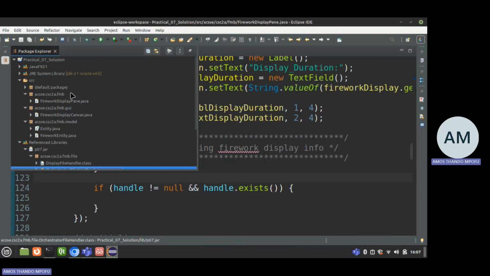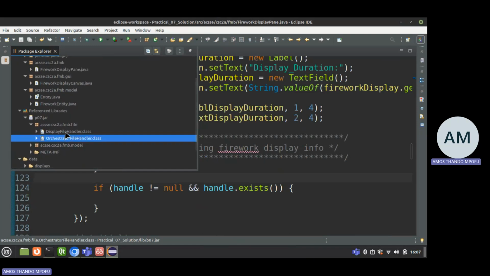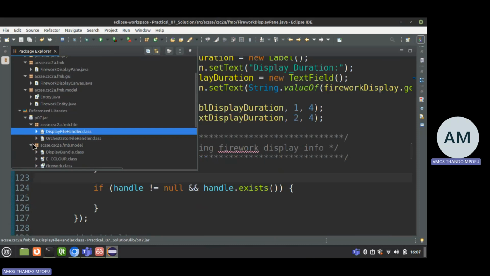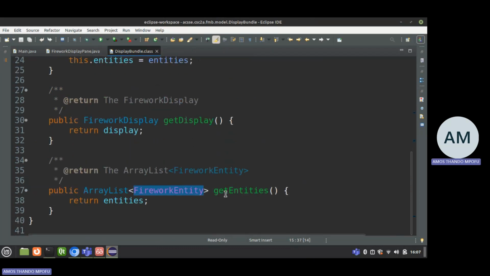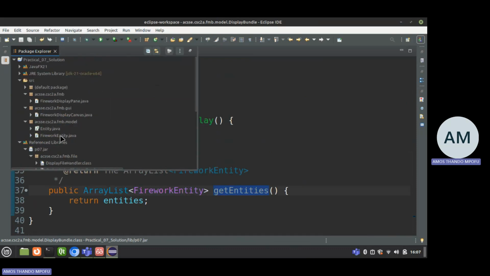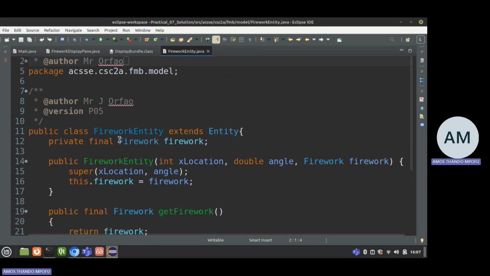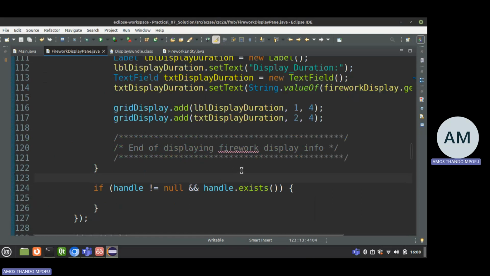So let's check main, scroll down, firework entity. Is it the display file handler? No, not the display file handler. I think the display bundle. That's the one that I want to know what it has. So it also has a firework entity. We can get the entities. And then the firework entity itself, let's go to firework entity. The firework entity has a firework which we can get, right? I know it's a bit long the way it's structured, but I just wanted to show you the logic behind